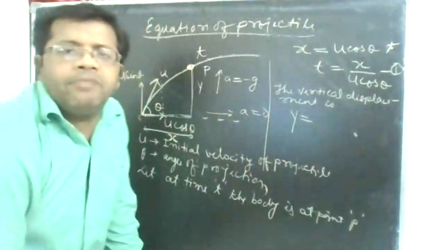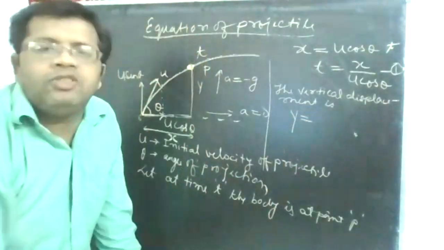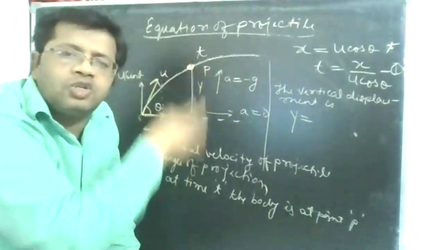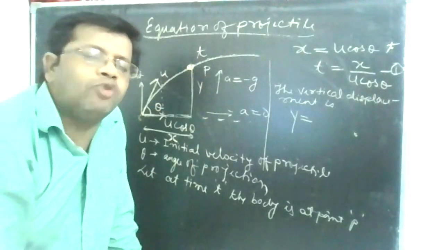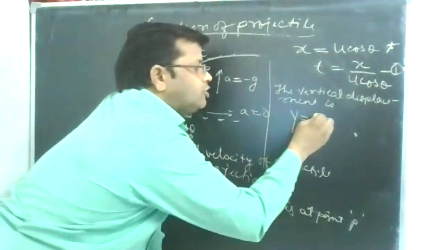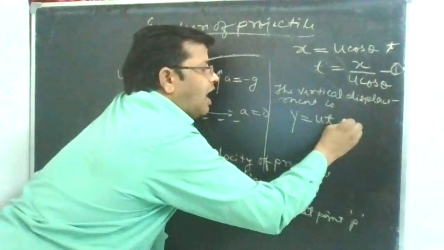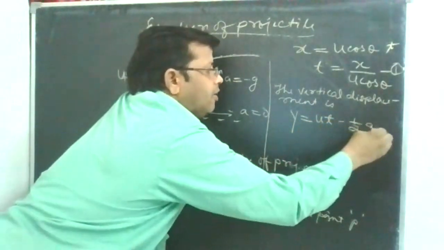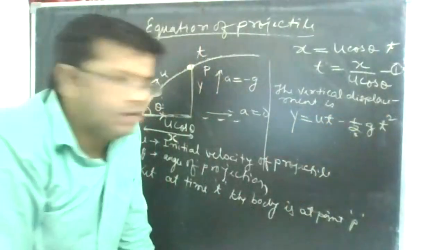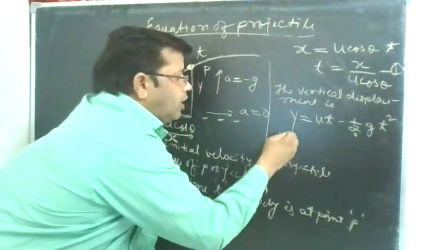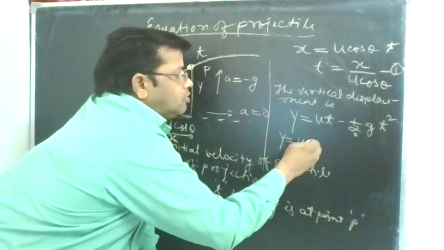But when the body moves upward, it is attracted by the earth in the downward direction. So what is the formula for motion against gravity? S is equal to ut minus half gt square for motion against gravity. But what is the initial velocity? U sin theta